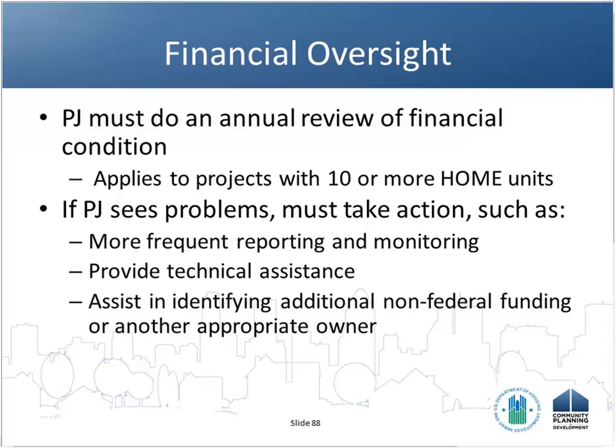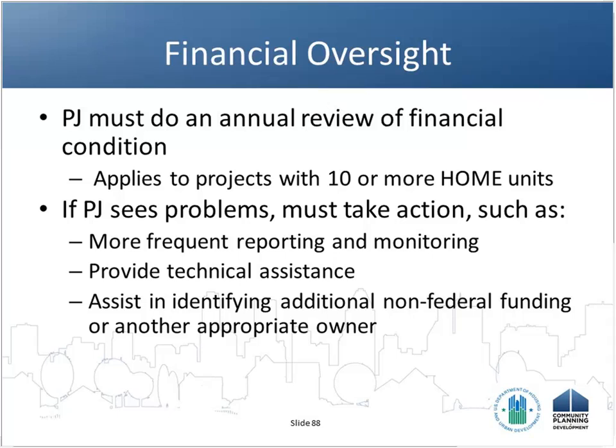And so based on that, in your underwriting, you made some assumptions on how you felt that income would be, how rents would change over time, how expenses would go up over time, the minimum vacancies that would be experienced by that property. So we're trying to make sure with our financial oversight that those properties continue to be stable and not be